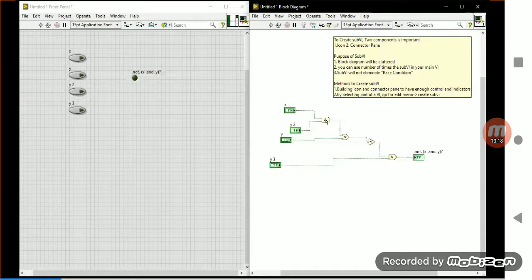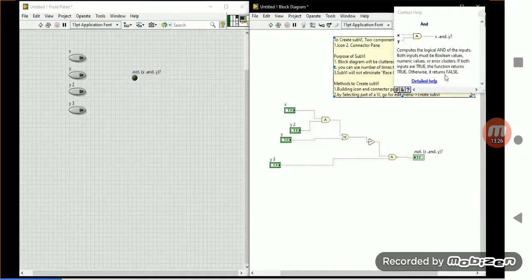So see here, you have the AND operation available. What is the purpose of that AND operation? Yes, we have a truth table available. If we go to the help window, it's telling about it over there. For the AND gate you have some icon, the function icon will be available over there. So it's somewhat to identify, okay, this is the AND icon we are accepting over there, okay? Likewise you have to make the icon over there, okay?